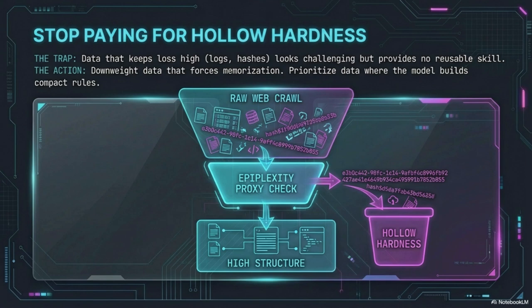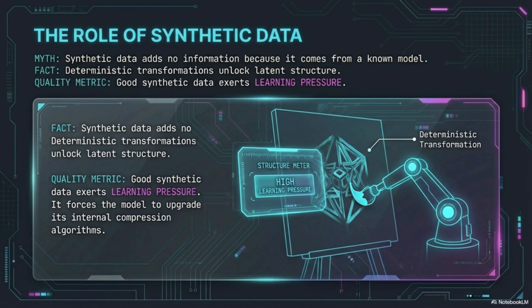Exactly. The workflow becomes pretty clear. Sample small slices from your huge corpus. Train small proxy models on a fixed short budget. Then measure the epiplexity proxies from the training dynamics, the process, not the final number. And then you keep the data that gives you high epiplexity per unit of compute, and you toss the rest.